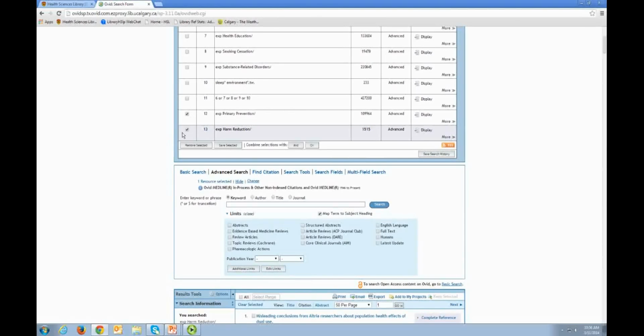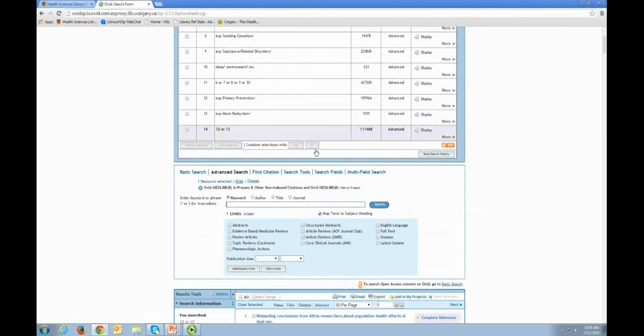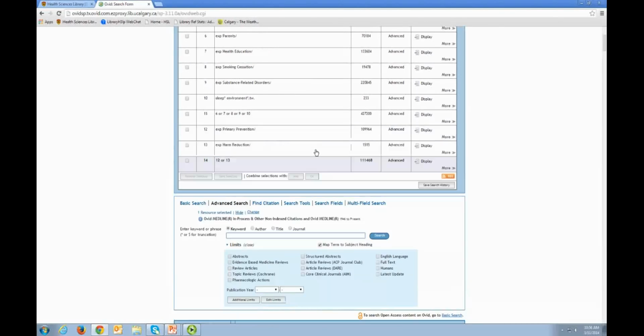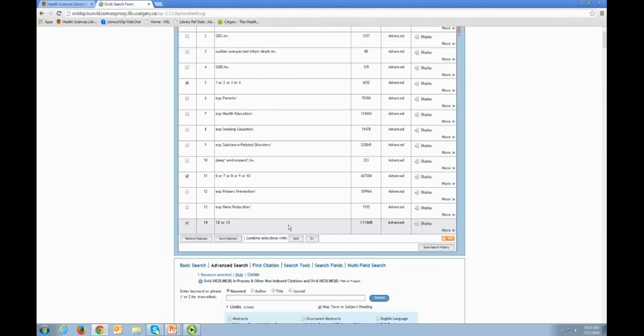12 or 13. So remember, we're ORing our synonymous terms, so going down the columns, and then we have to AND all of our concepts together in the PICO. So what we're going to do is select line 5, which is the total of our population. We're going to select line 11, which is the total of our interventions, and then line 14, which is our